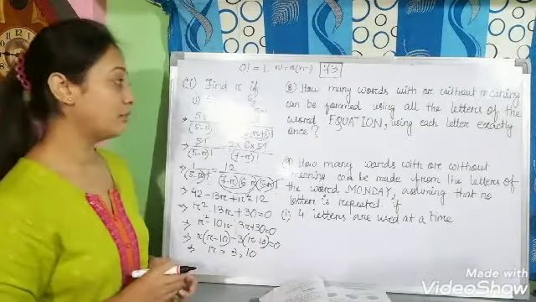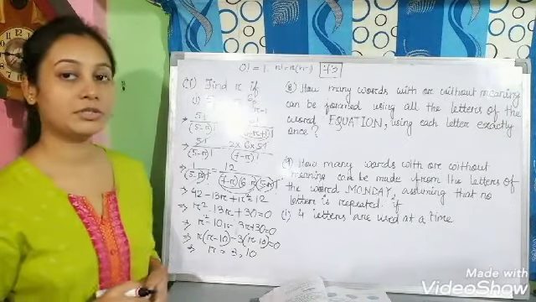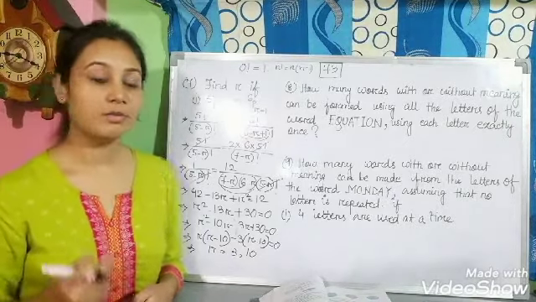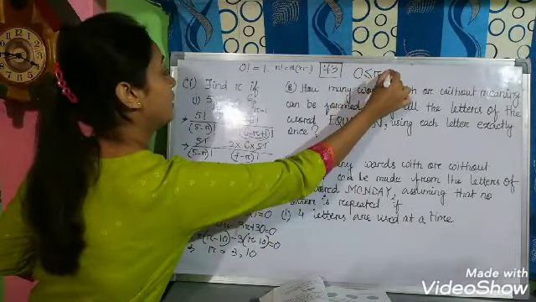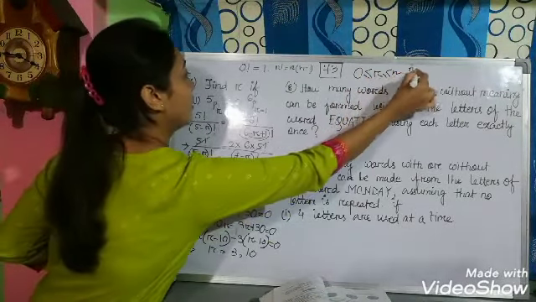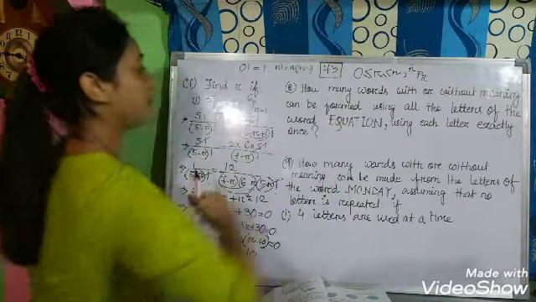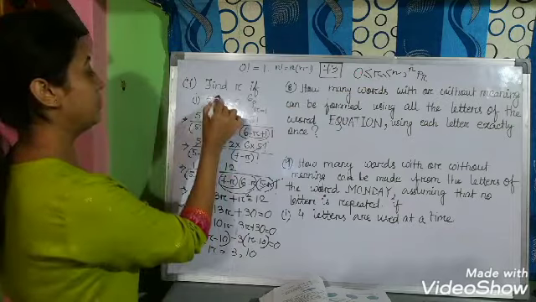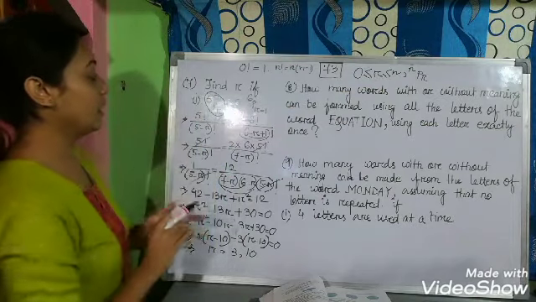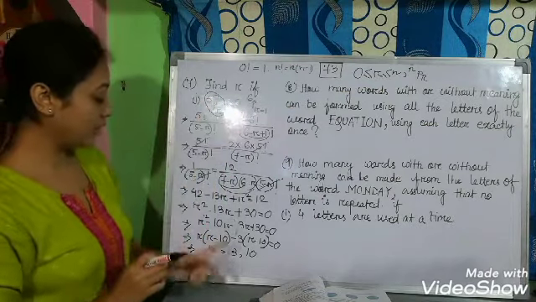Why? Because you have noticed while giving the formula for permutation, I have mentioned 0 less than or equal to r less than or equal to n, nPr. So r lies between 0 and n. What is the value of n here? In nPr, n is equal to 5. Now which value lies between 0 and 5?